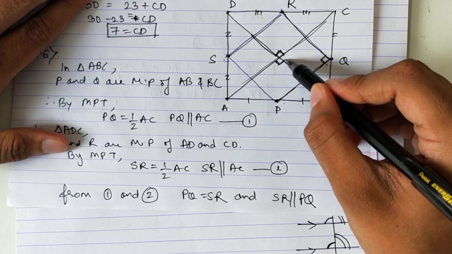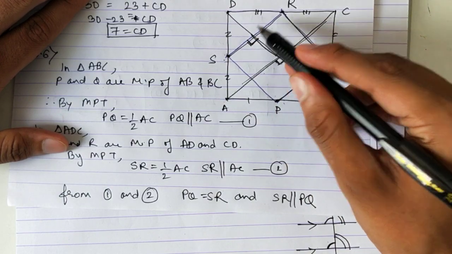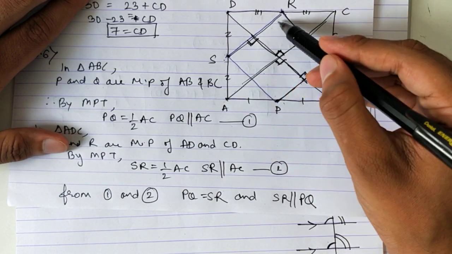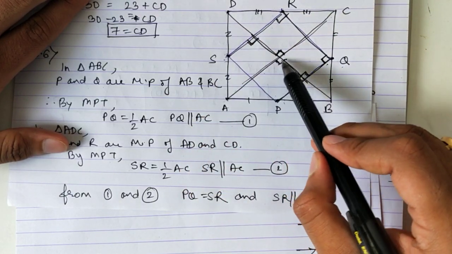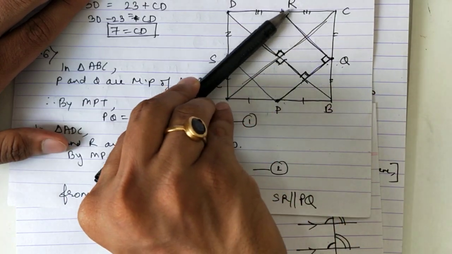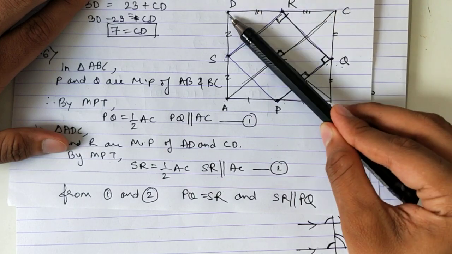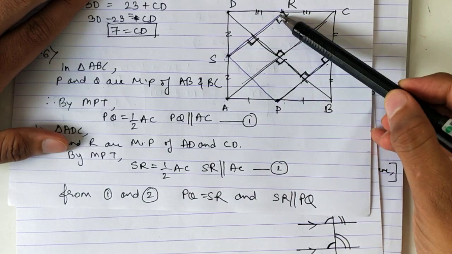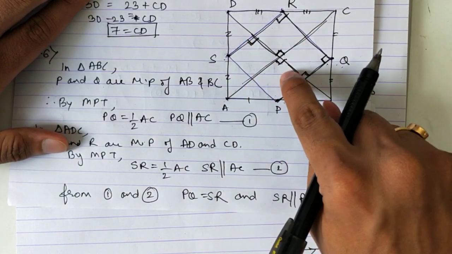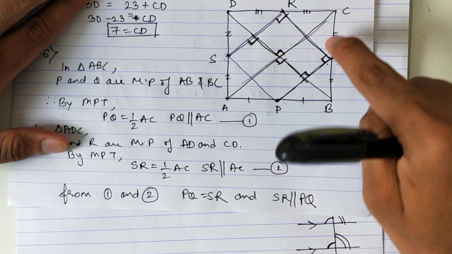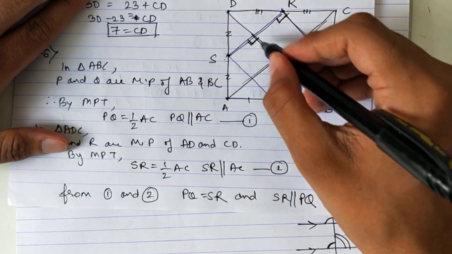If this angle is 90 degrees, this angle will also be 90 degrees, corresponding angles, and if this is 90 degrees, this will also be 90 degrees. See, these two are corresponding because of these two parallel lines, and these two angles are corresponding because of this and this parallel line. Okay, so by two corresponding angles you can say that angle R is 90 degrees. Okay, so either use this or you can use this method. Any one angle you have to prove as 90 degrees. Okay, so what I'll do is this one, which is easier.